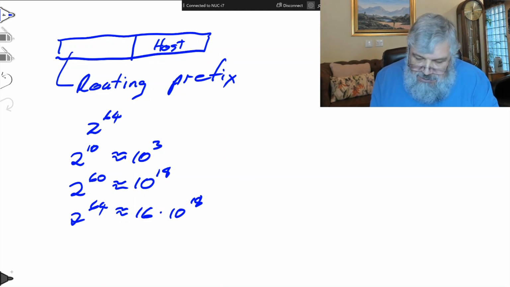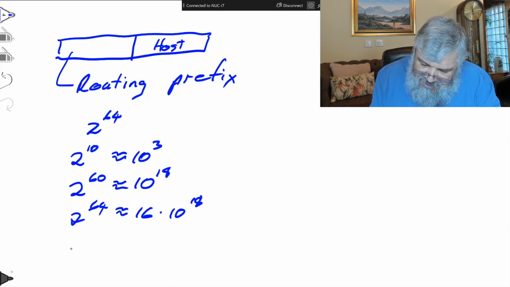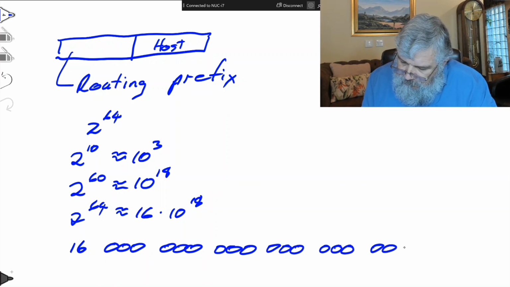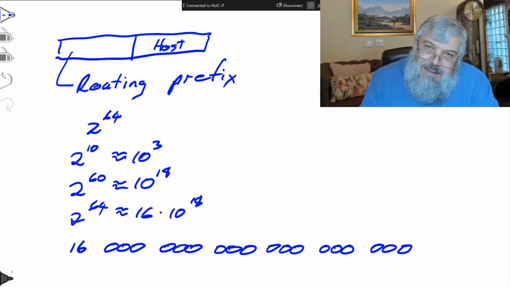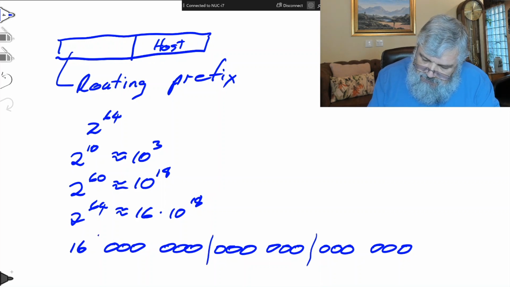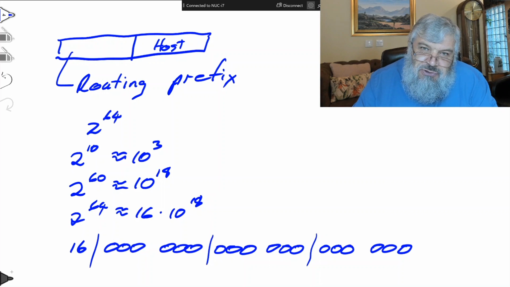Stated a little bit differently, we will have 16 times 10 to the power 18, that number of hosts that we can address on our network. So in South African and British proper English, that would have been 1 million, that would have been 1 billion, that would have been 1 trillion, 16 trillion possible hosts on our network.